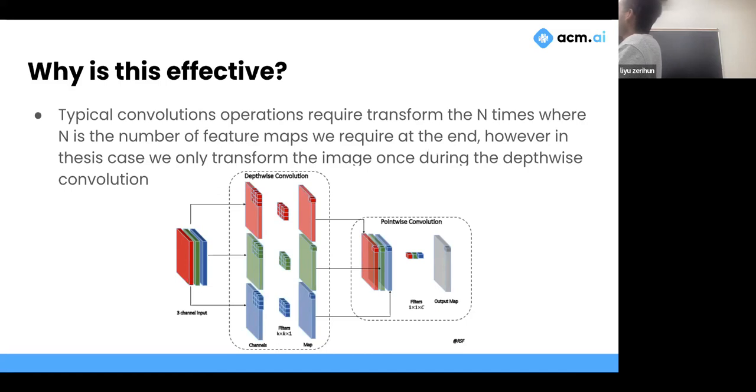There are much fewer connections, and most importantly, because there are fewer connections, there are also far fewer parameters, because you're not designing one set of filters for every single pair of inputs and outputs. So you do this channel-wise, and then you group them all together with a much smaller pointwise convolution that actually groups the channels together.